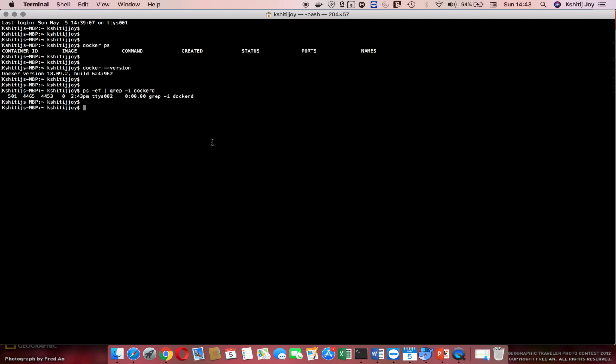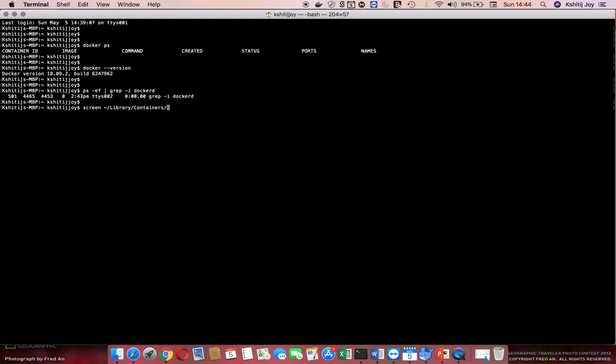Behind the scenes, it's actually using a hypervisor, and through that hypervisor, it installs a lightweight Linux operating system and uses that Linux operating system. Now the question arises, how do we check that Linux operating system? There's a kind of a hack that you can use. You can use screen, because there's no direct way. Docker hasn't given us a way to log on to that operating system and see what exactly is happening. So the best way is to simply use screen and run the command as I'm typing,